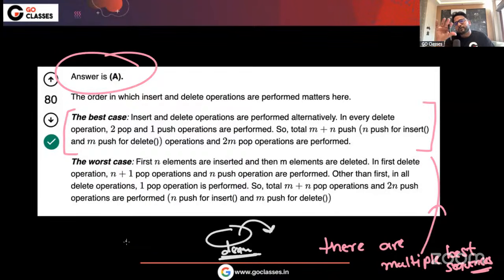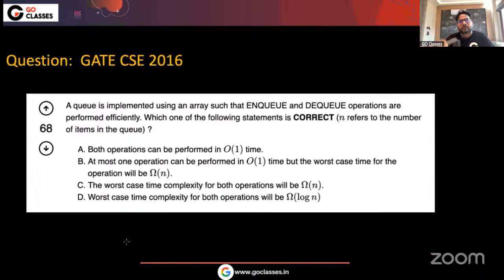In the test papers, I will be making some variations of this question for sure, because this question is very nice. Now let's see this question. This question has been asked in GATE 2016. But before that, if you have understood everything about the question that I'm currently explaining, then just let me know. And if there is any issue, you can also let me know. Okay, great.